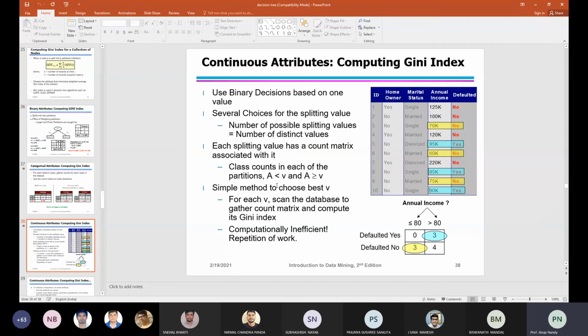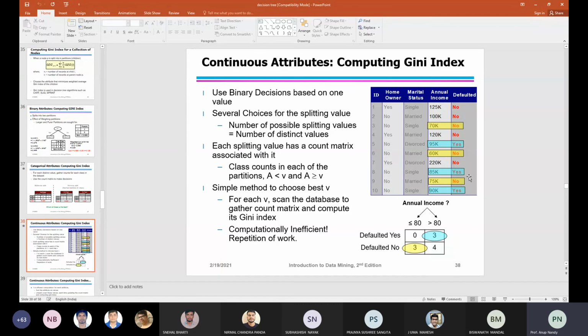Because if it is not enough, then you need some other continuous attribute, because you need to classify. Suppose age is given to you, and you have the homeowner. Then you have to choose which is more important, the age of the homeowner or the annual income of the homeowner.